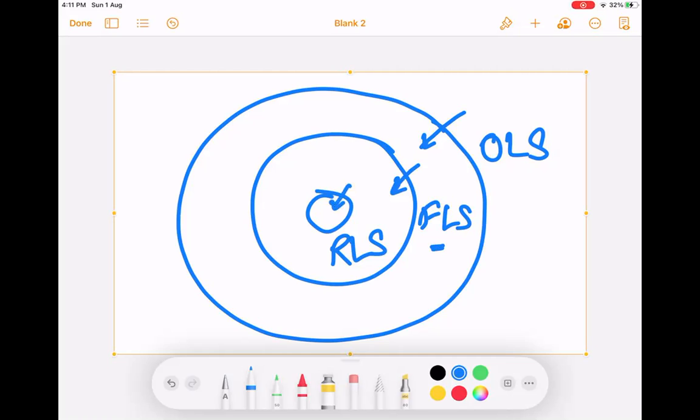If I give RLS and FLS and I do not have OLS, there is no way, no value. These are nonsense permissions. These are no use. So the outer circle is, can I see that table or not? Then the individual columns, can I see the individual column values or not? Then the third level is, can I see the individual rows or not? Is it clear? Yes.